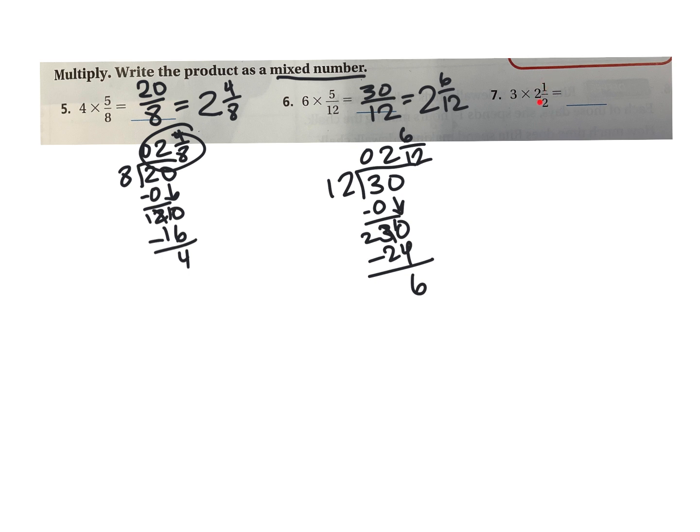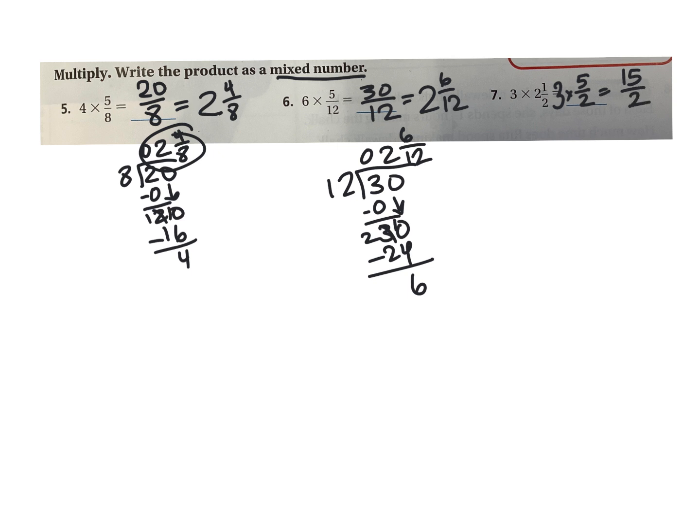This one, though, is my mixed number, so I do need to convert that. Multiply these, then add that answer to that for your new numerator. 2 times 2 is 4. Plus 1 is 5. Keep your denominator. And then I have to multiply that times 3. Okay. So 2 and 1/2 is the same as 5/2. Multiply by 3. 3 times 5 is 15